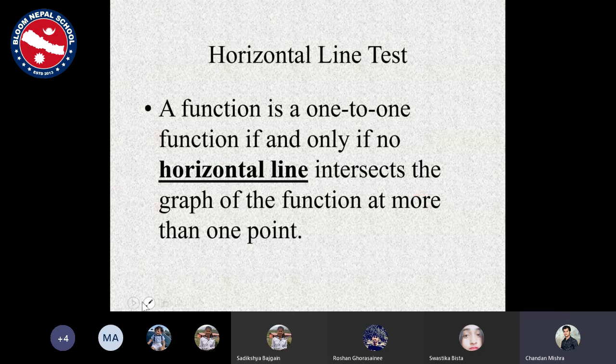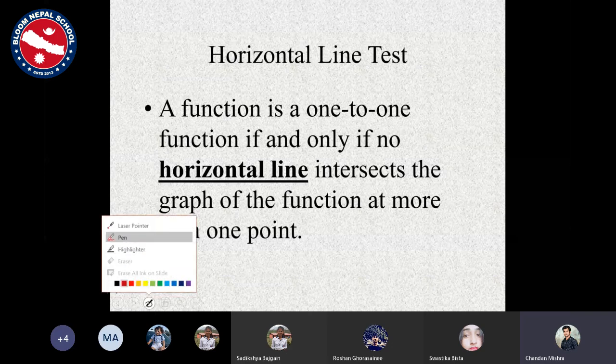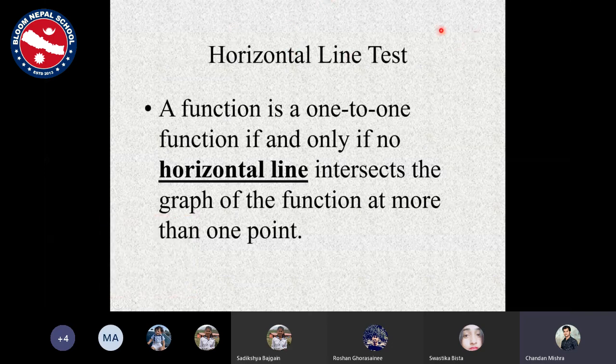Based on the vertical line test, what we found out was that a vertical line test is basically used to find out if a given relation is a function or not, right? Now in the horizontal line test, we want to take it a step further. With the vertical line test we know whether it is a function or not. In various types of relations, there were two types of relations that form a function, right? One was one-to-one and the other one was many-to-one, right? Once we establish whether something is a function or not, we do the horizontal line test to find out if it is a one-to-one function. So a function is a one-to-one function if and only if no horizontal line